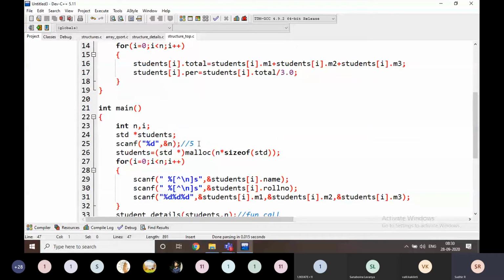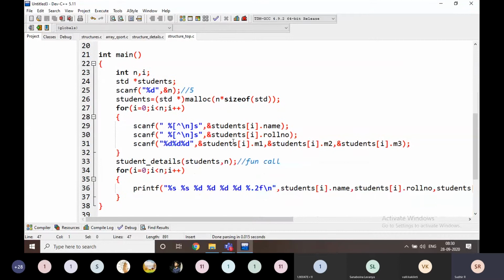I'm reading some students, but I'm going to return a student which has the highest total marks. I'm going to return who got highest marks in that examination. For example, I'm going to return here.